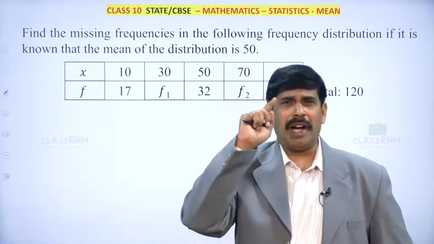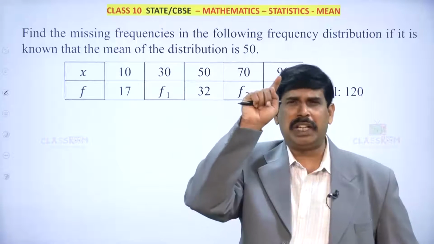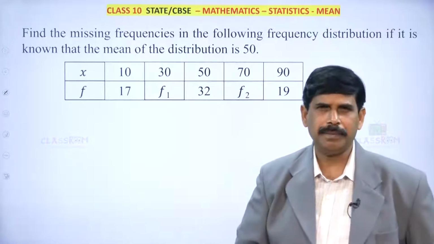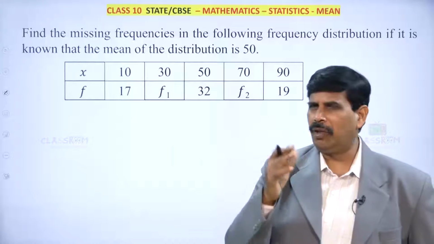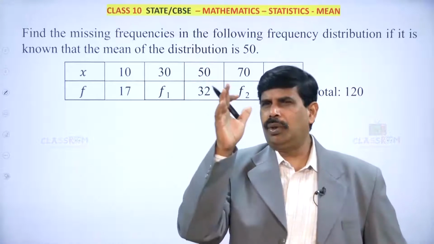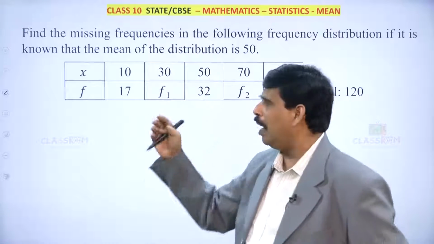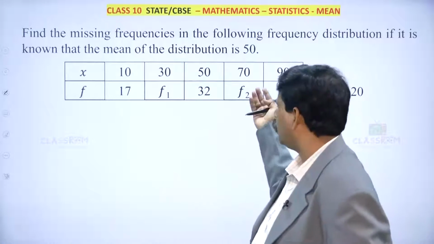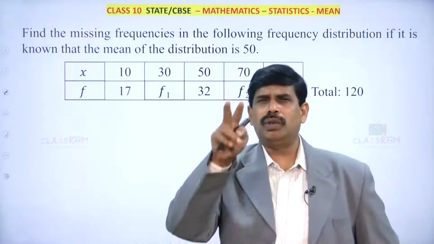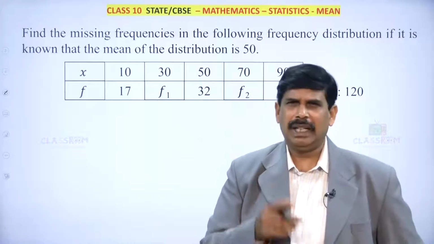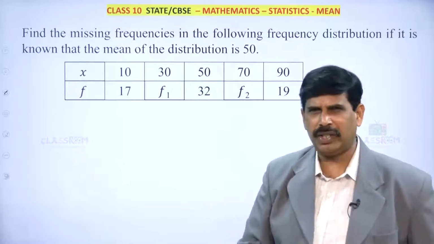That means to find out n values, you need n conditions. We learned this before. If you want to find out n values, you should have n conditions. So here we need to find two values, so we also should have two conditions. Let us see now what those two conditions are.